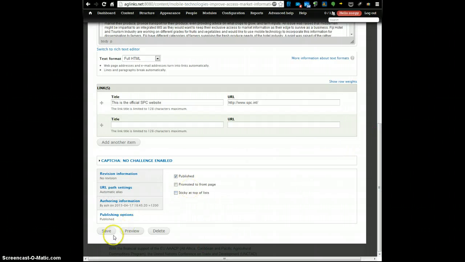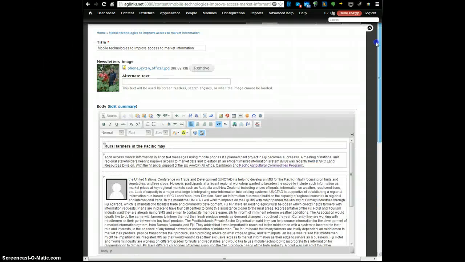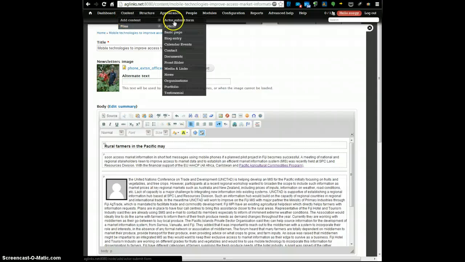Alright, and when you have done everything, you just save, and that's it. If you want to delete this content, this is a manner to delete one. You just have to edit the content and delete it here. So let's switch now to another kind of content. For example, if I want to add an organization,